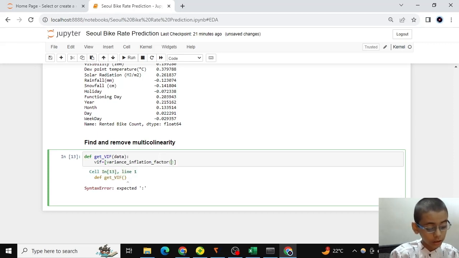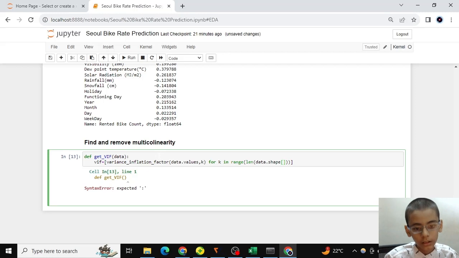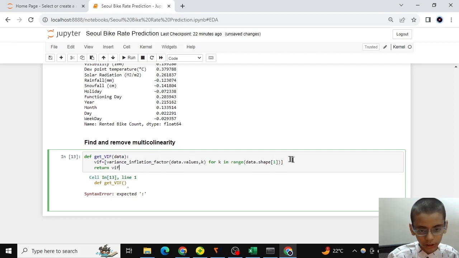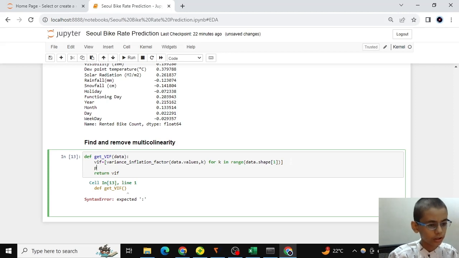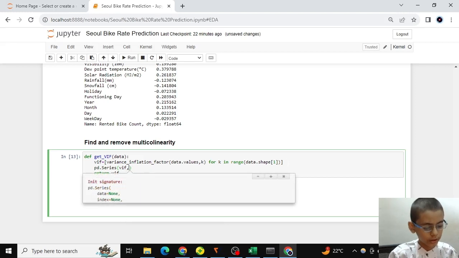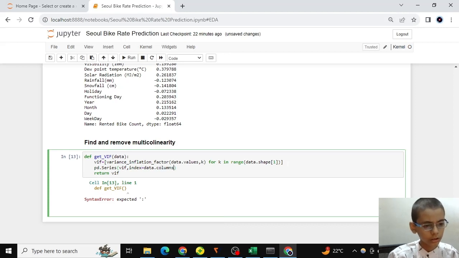See the code very carefully: data.values, comma key, and the key will be for key in range of len of data.shape of 1, and return VIF, and we can put it in pandas, pd.Series of VIF, comma, index is equal to our data.columns, and this will be our VIF series.